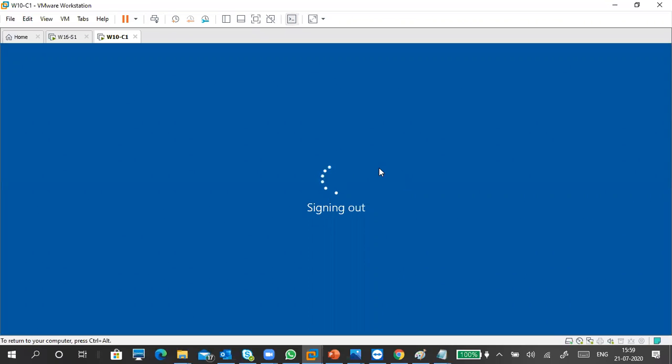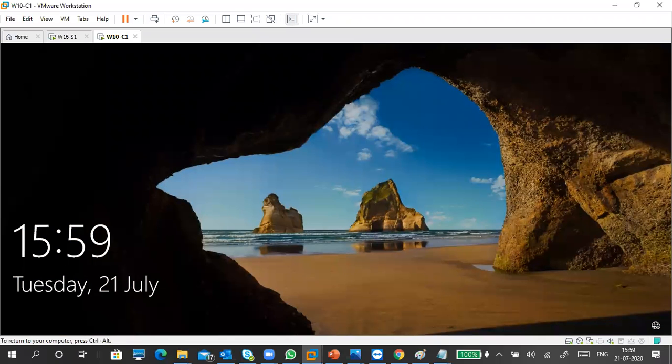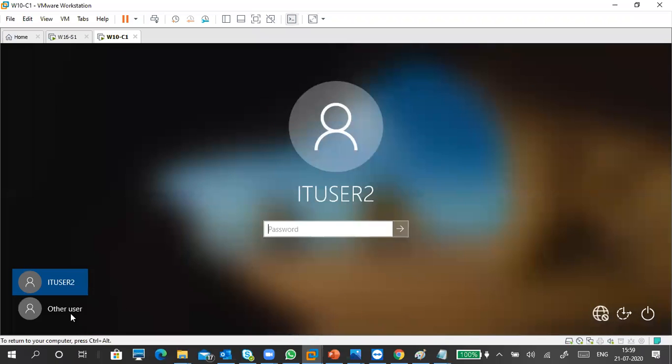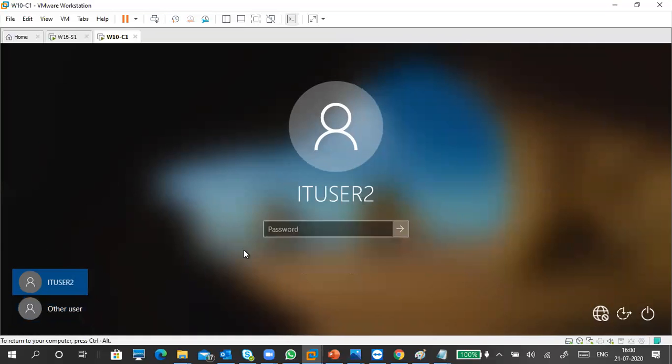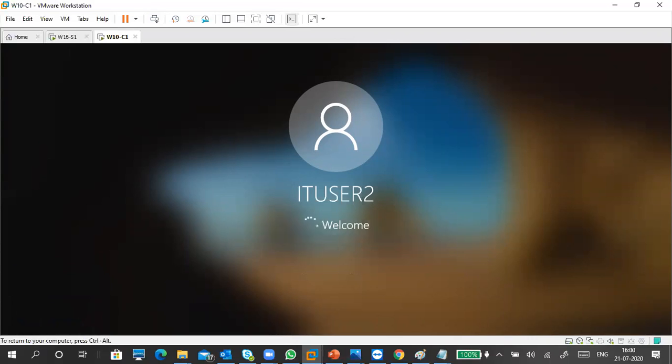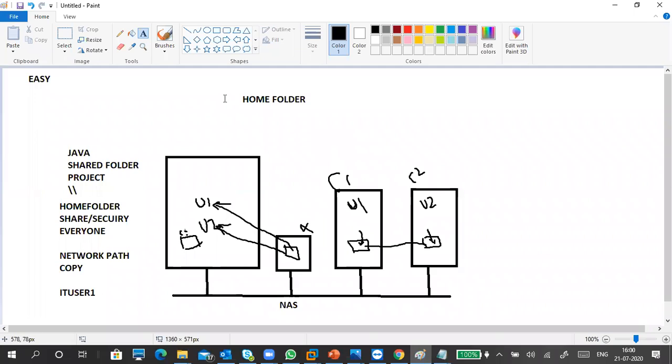That's no problem. Ultimately, we can say that instead of creating data in your documents or pictures and downloads, put the data into your home directory. So automatically your home directory is going to be changed, right? So this is IT user 2 login, no problem. Okay, very simple here. As I said earlier, plus one more point I missed.